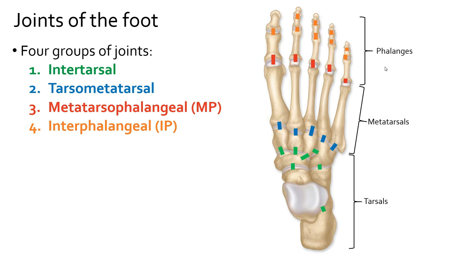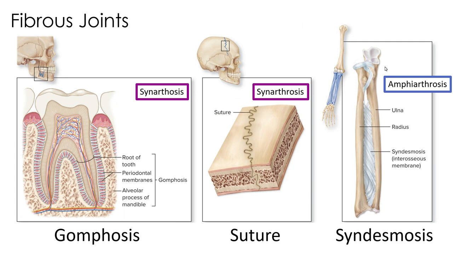When we were talking about articulations, you were introduced to the concept of there being structural classifications and functional classifications for articulations. So again, fibrous joints are one type of structural classification, and there are subclassifications for those. A fibrous gomphosis is referring to the joints between the teeth and either the mandible or the maxilla. A fibrous suture is only going to be found in the skull, so we're not going to worry about those for a while. But then there's the fibrous syndesmosis, and that is an example of a joint that has an